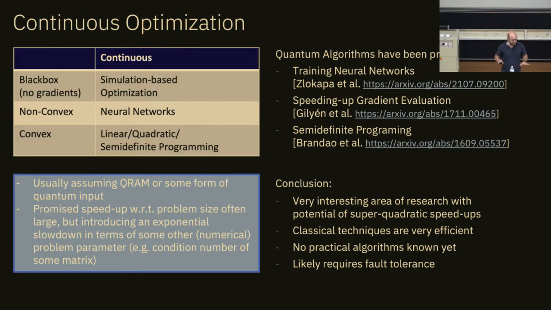So this is a very brief summary of the literature in continuous optimization. It's by no means exhaustive, but it gives an idea about what the problems there are. So I think it's very interesting. It definitely makes sense to further pursue that, but from today's point of view, we don't really have a good understanding of how to apply this to something practically relevant.